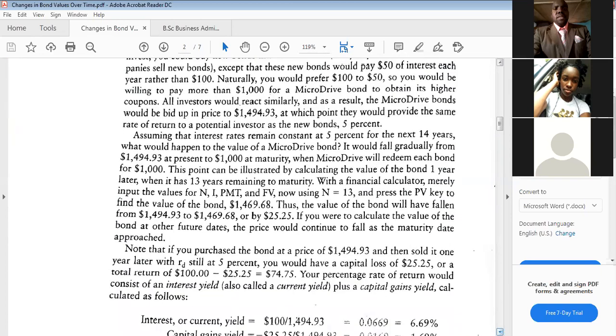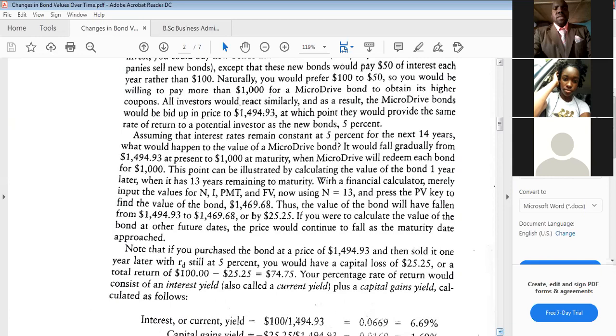Assuming the interest rates remain constant at 5% for the next 14 years, what would happen to the value of the Micro Drive bond? It would fall gradually from $1,494 at present to $1,000 at maturity,